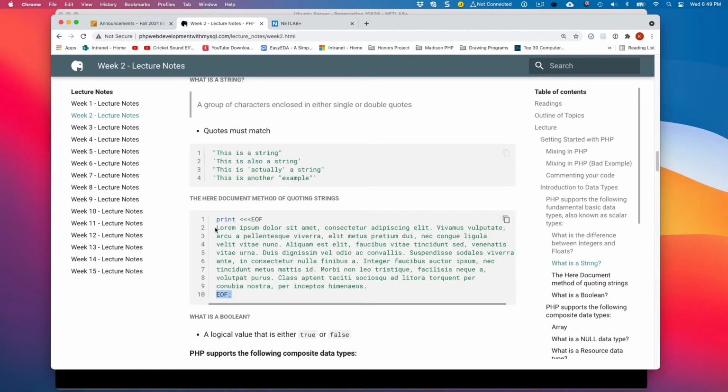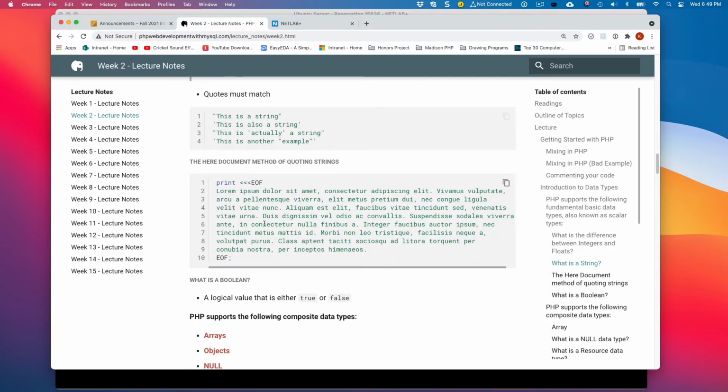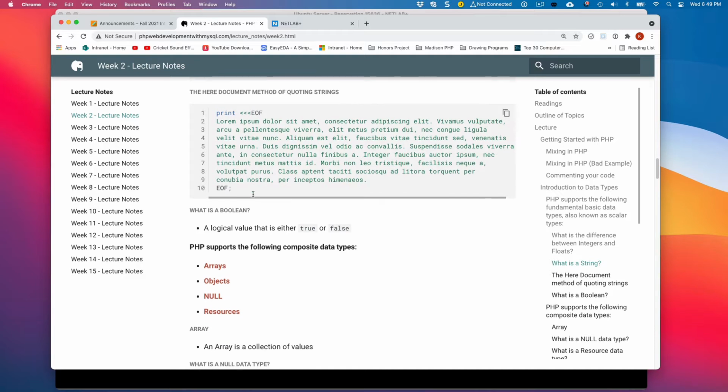Everything in between the print triple left angle bracket EOF and the closing EOF on its own line with a semicolon is a single string that gets output to the web page. You don't see it used very often, but you might encounter it, so I wanted to cover it.